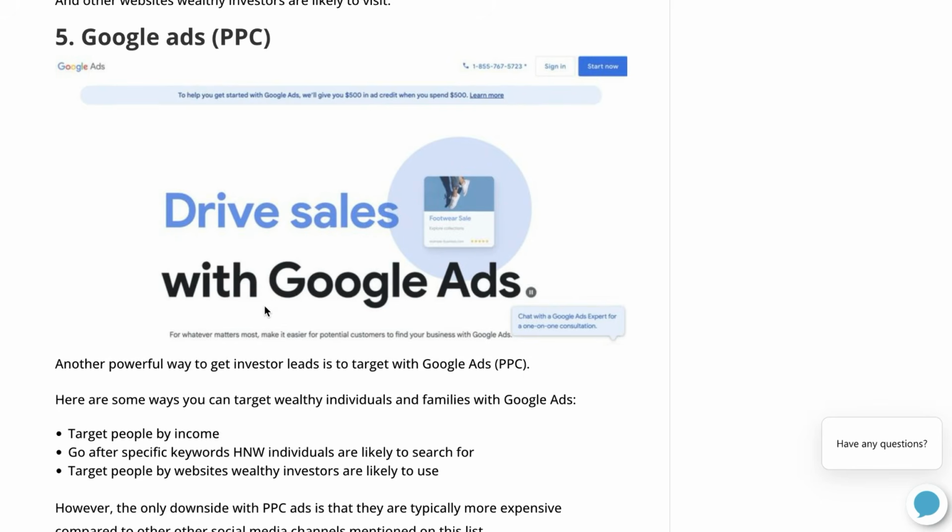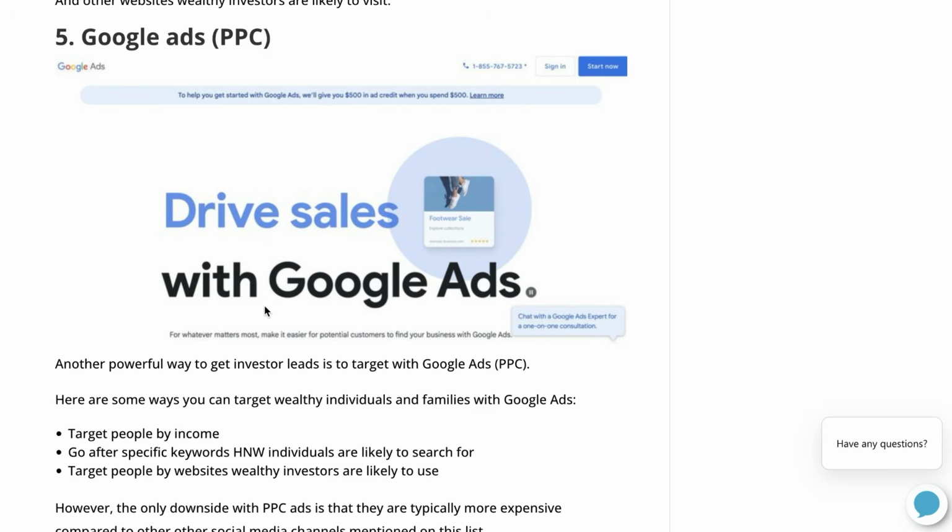However, one of the downsides with Google Ads is that because Google is the number one player when it comes to advertising, the ads are usually more expensive compared to some of the other advertising platforms I've mentioned on this list, like Facebook and TikTok. So depending on what it is that you're selling and how large that audience is, it may or may not be a good fit for you. For most of my clients, I've found that Facebook and TikTok usually work better than Google Ads. But if you're looking to target a very specific search query, which maybe doesn't have too much competition, then that's when Google Ads could potentially work quite well. So again, it just depends on what it is that you're actually selling.